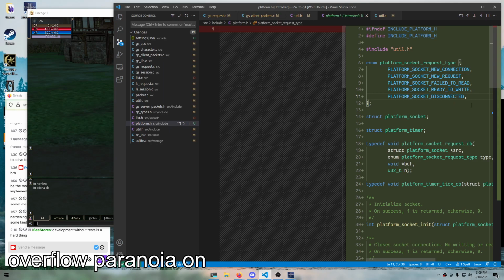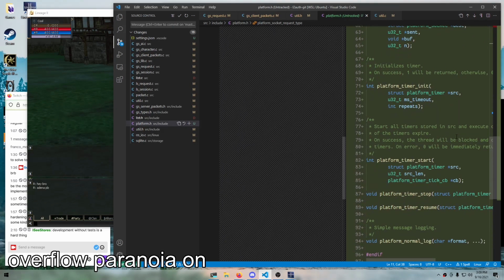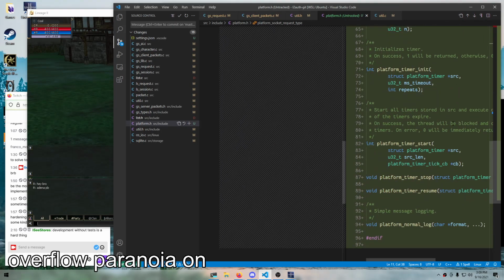we should be able to work on the grid server. I don't know how to call the feature, but basically we'll try to use the resources of the computer a bit more efficiently, because right now we're just using one thread, right? And maybe we can use more depending on the amount of players that we got on the server. So yes, but okay, for now,